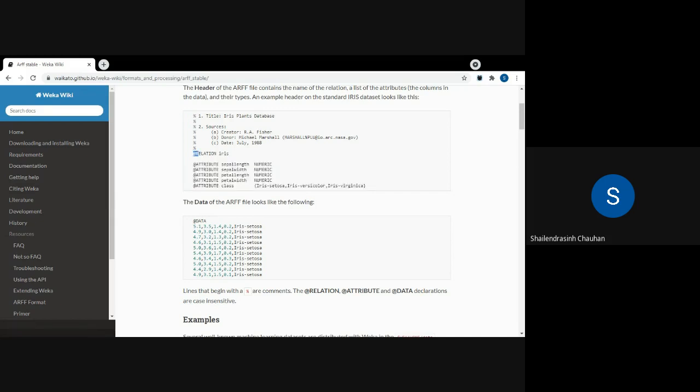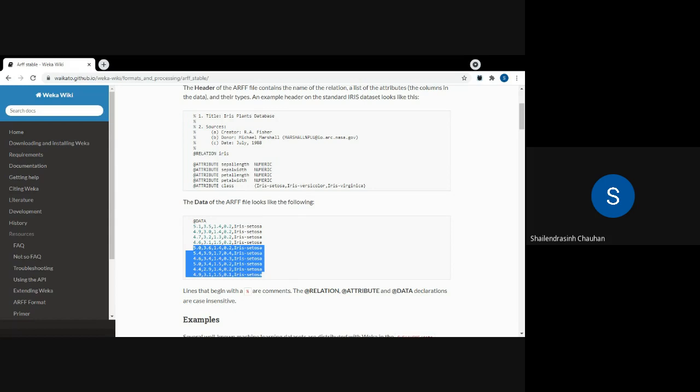These are the 2 sections. Now, the third part, that is data. You need to mention all the instances, and you can say that all these are the instances given here. You can mention it like @data, and then all the instances. Now, this is the first instance, second instance, third instance, or third row, fourth row, fifth row, and so on.